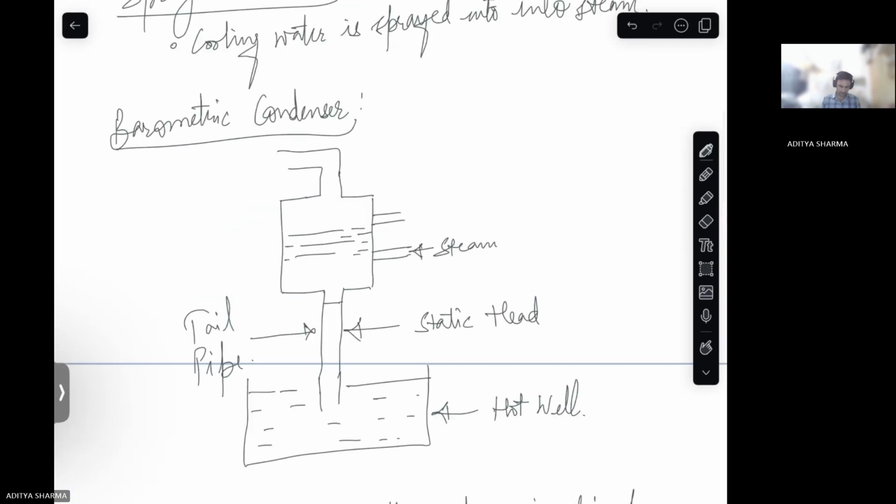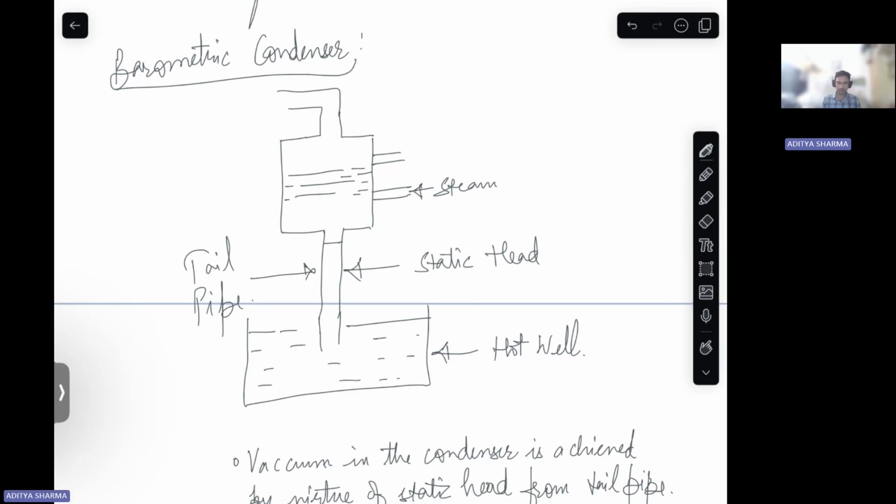so this is your barometric condenser, right? And at your hot well you get all your condensate, and from here you need to remove all the non-condensable gases. Okay, so this is your barometric condenser, right? Then next is your